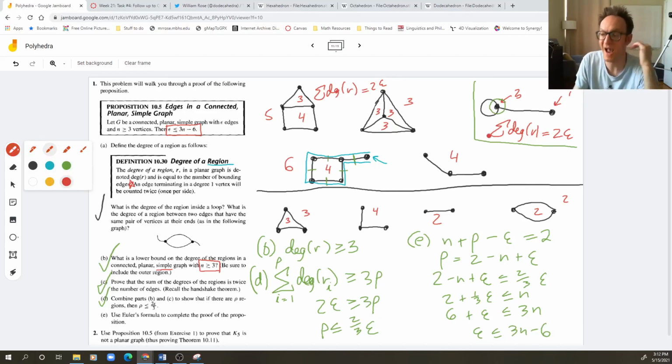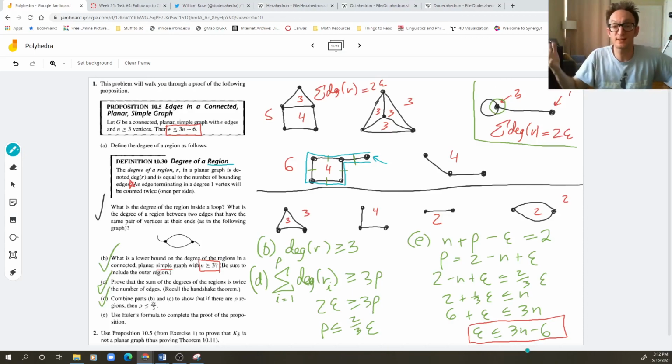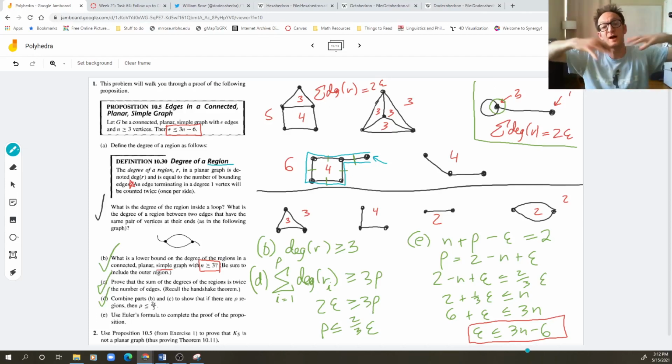All right, fact. This is a hard fact about the relationship between the number of vertices and the number of edges in any simple planar connected graph. What was the logic again? It's actually very reminiscent of what we did on the previous slides, but now abstracting away from merely polyhedra to any planar graph, we can define the degree of a region, even regions which are open in a sense, and we can use this concept of the degree of a region to perform a handshake-like analysis